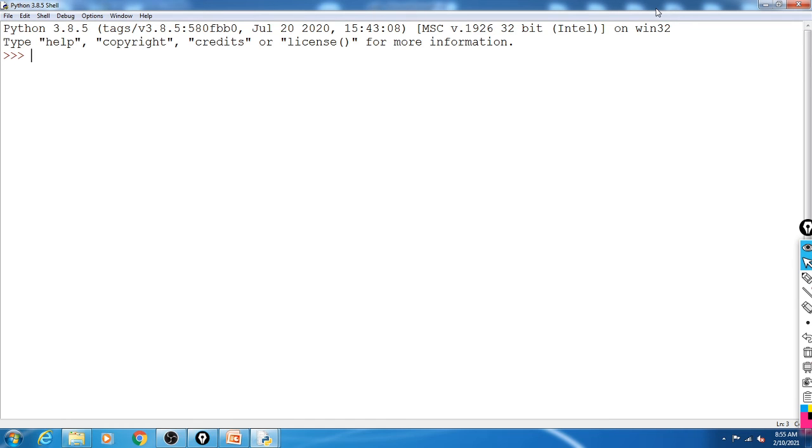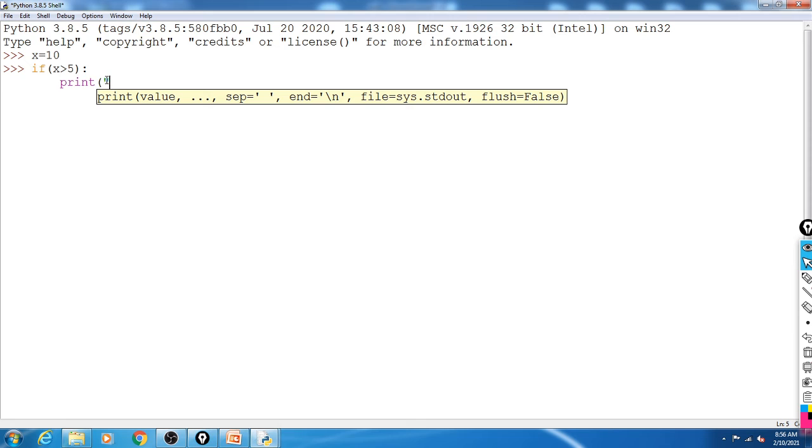How can we write conditional statements here? Suppose x is equal to 10. If x greater than 5, we can write like this. Then write a colon. Colon means end of expression. Then press enter. Look here, when you press enter, it gives you tab spaces automatically. So there is no need to enter a tab again, because the statements you can start from the tab spacing. Okay, so write here print x is greater than 5.